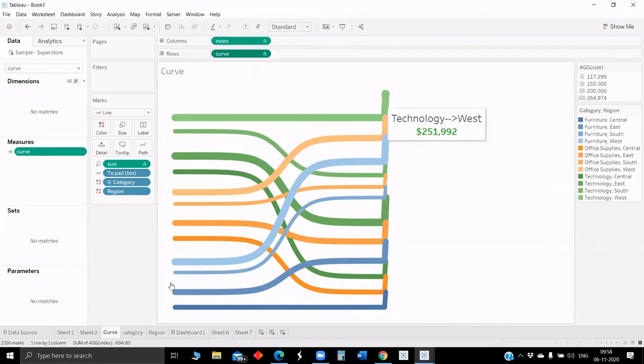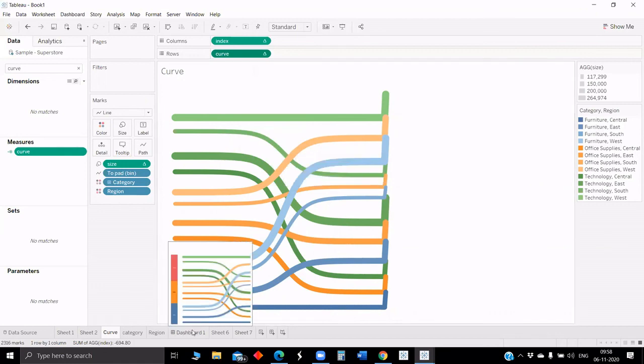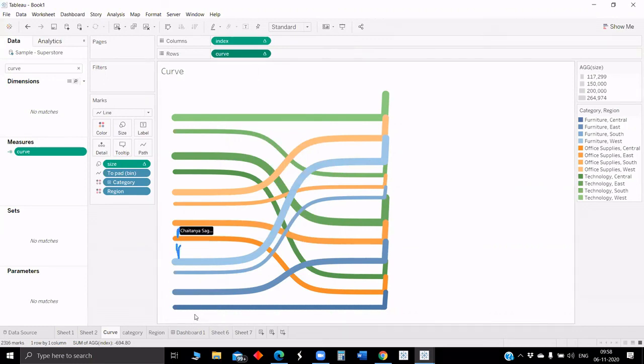So what determines the gap between this one? This particular gap, for example, let me just annotate. This particular gap. What sort of drives that? I think, if I'm not wrong, that's driven by the running total calculation that we created.